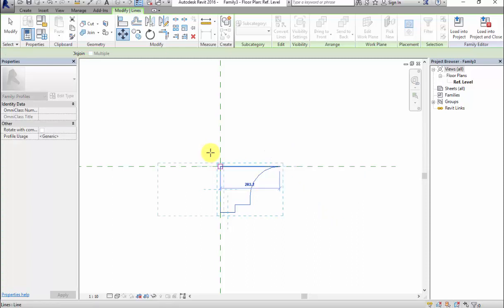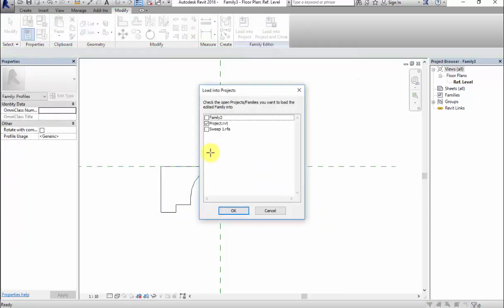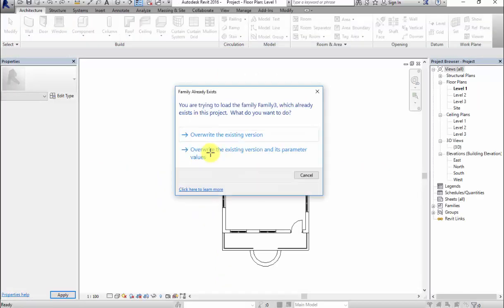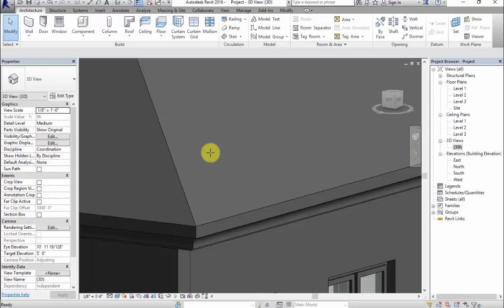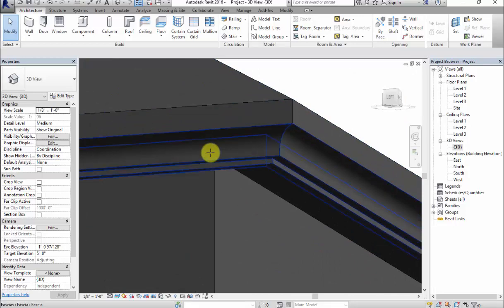Next, again click on Load into Project and click on Overwrite Existing Version. See here, now it has come inside the slab. So this is how you work with roof fascia.